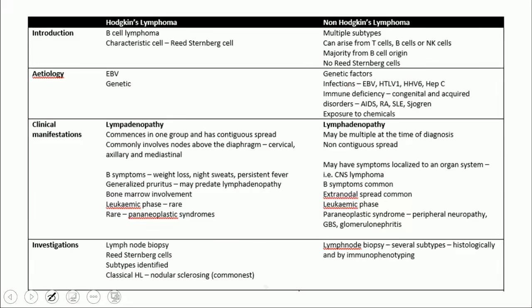Patients with Hodgkin's lymphoma have B symptoms: night sweats, in the long case, night sweats, weight loss, fever, nocturnal pyrexia, and sometimes generalized itching, right? Unusually, lymph node pain with alcohol. These are all related to Hodgkin's lymphoma. So it is a very ordered